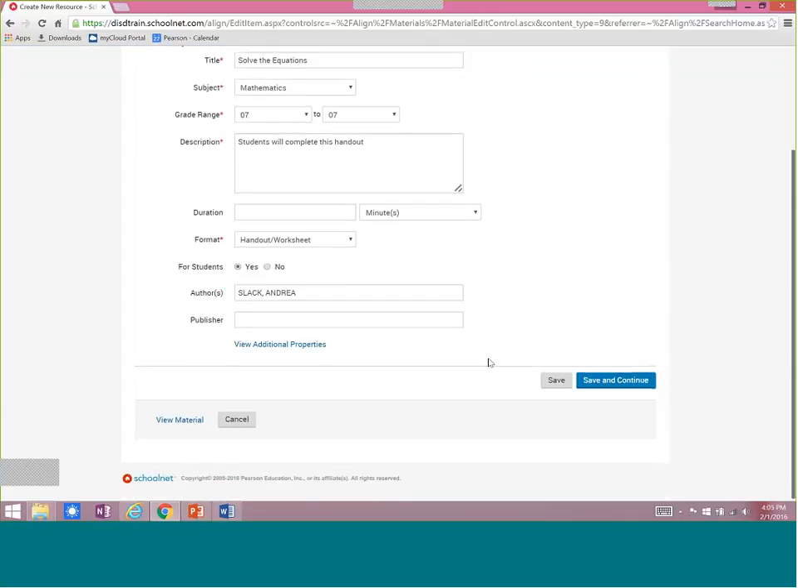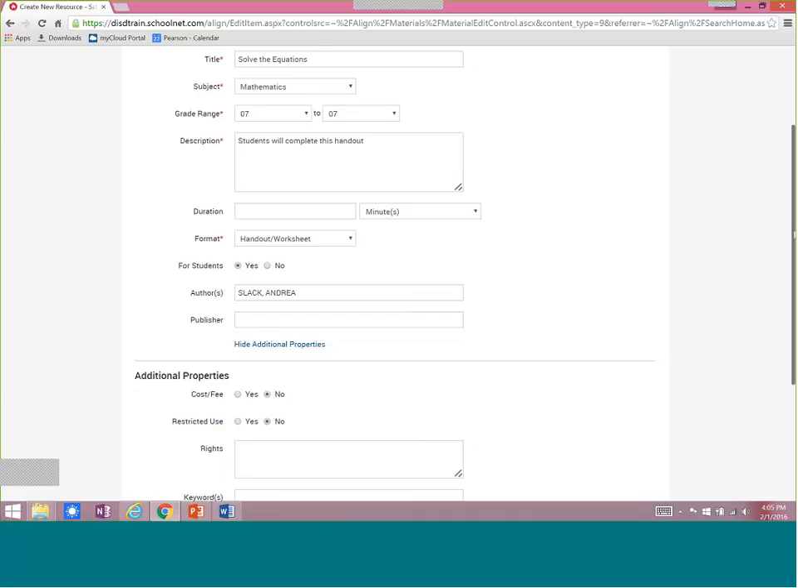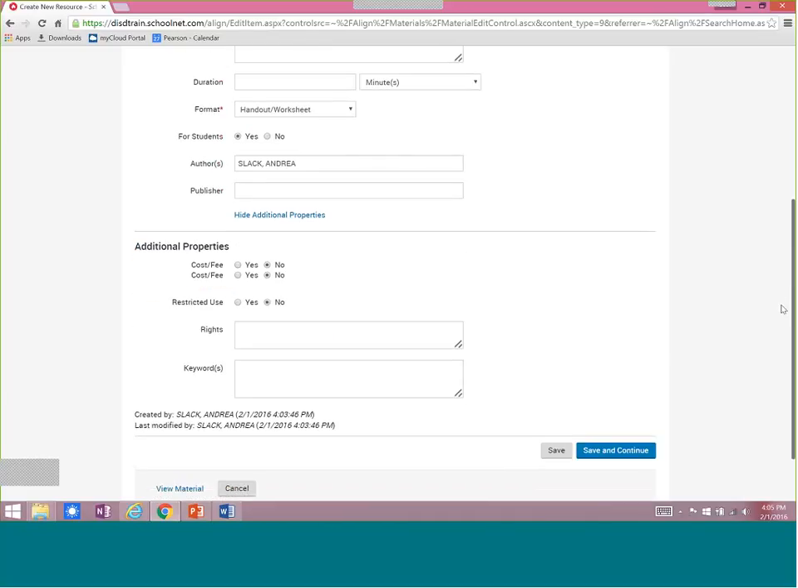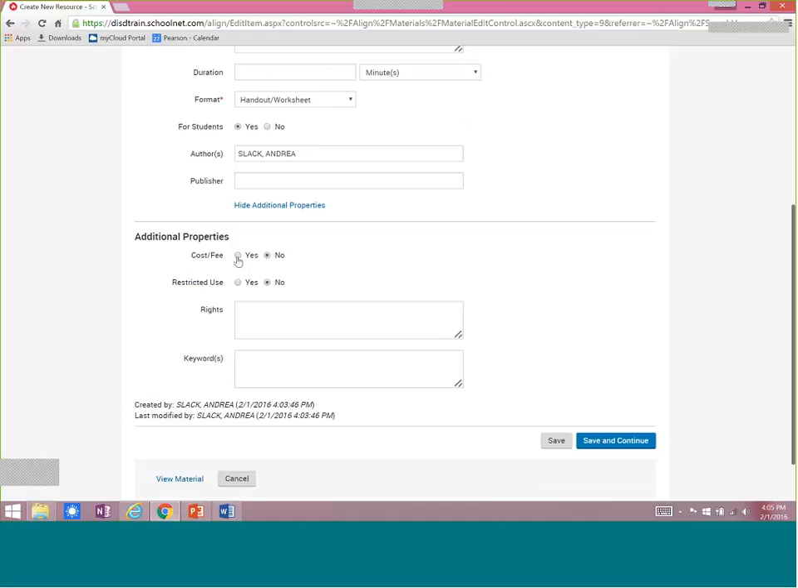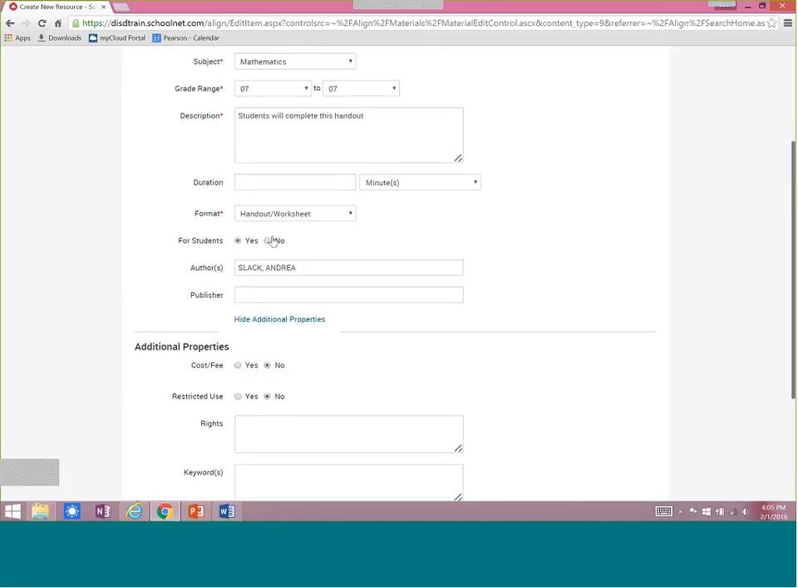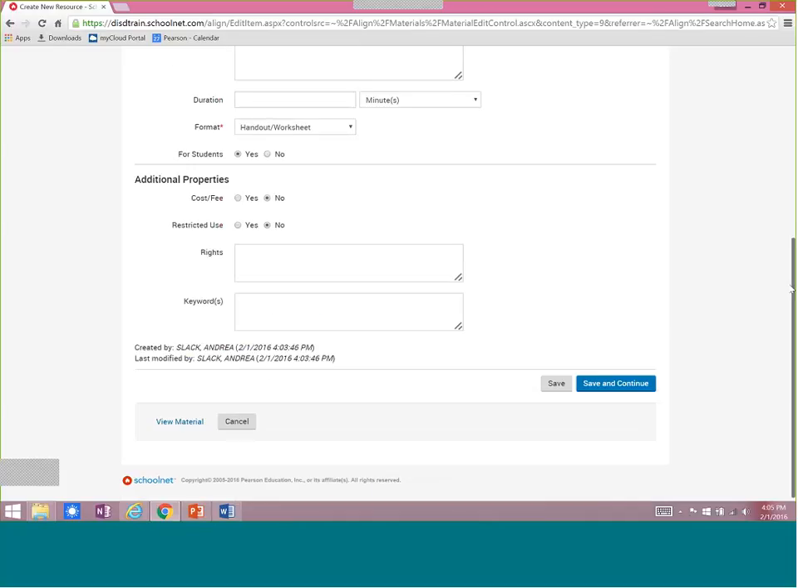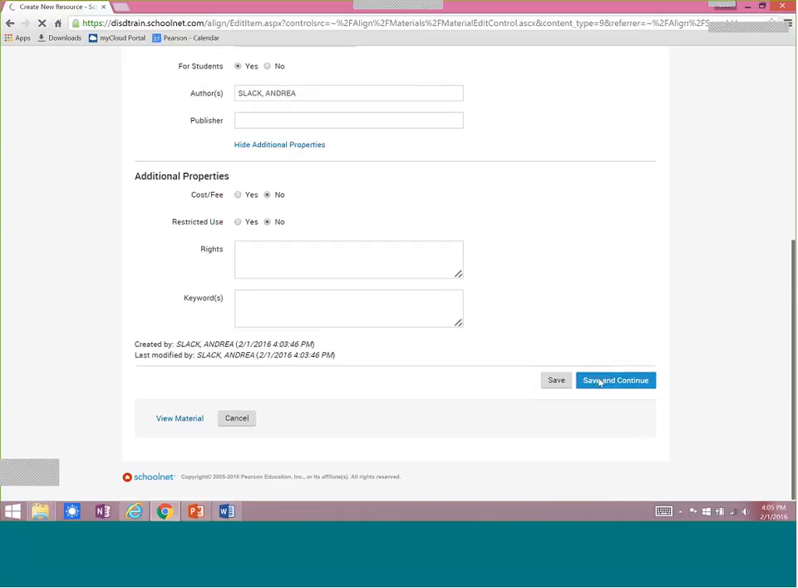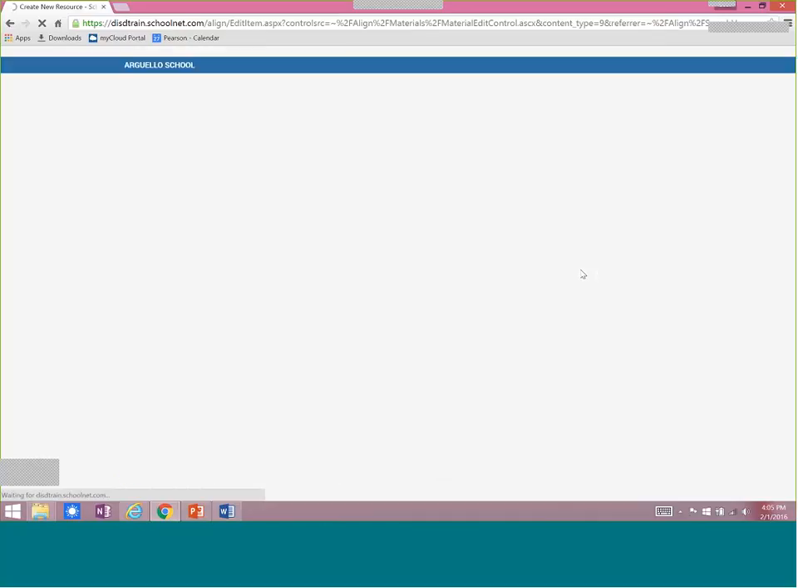If there's any other information, maybe I got this from a publisher, maybe I got it from a different website, I'm going to click on the additional properties. Now, there may be at times a site or a handout that may have a cost or has a restricted use. You may want to put some copyright information and keywords. Again, this is all optional in this area. As I said, anything with the red asterisk is what is required. So at this point, I can choose Save and Continue,